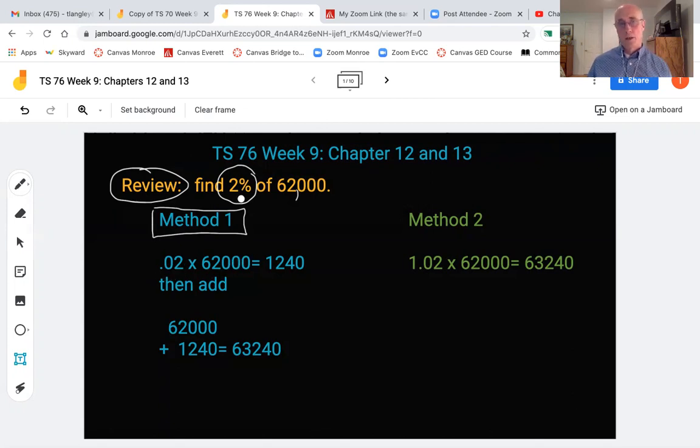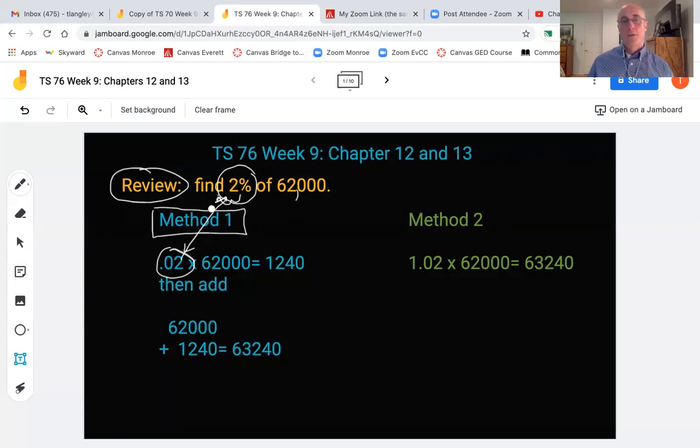They would turn that 2%, they would move the decimal point 2 places, uno, dos, and get 0.02, which is where this came from. I'm going to circle this just for your notes' sake and draw an arrow so you can make sure you see how I got that. Then they multiply it by the number, and in this case, it's 1,240. That is 2%. Very often, if they just ask find 2%, that's what you would find.